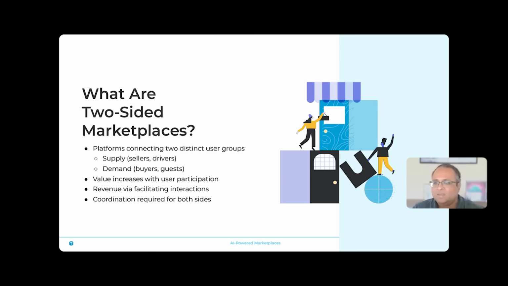All that being said, the complexity of a two-sided marketplace is that there is a lot of coordination that is required on both sides. For example, if you're Airbnb, you want to make sure that the property you're offering is according to some kind of specification. There is some base level that is expected that you can fulfill through an Uber ride, and so forth. Safety is also a concern in many of these marketplaces. So there is a lot of coordination required on both sides. And I feel on all of these 4 areas, AI can help. We will look at it in a little more detailed way as we go.